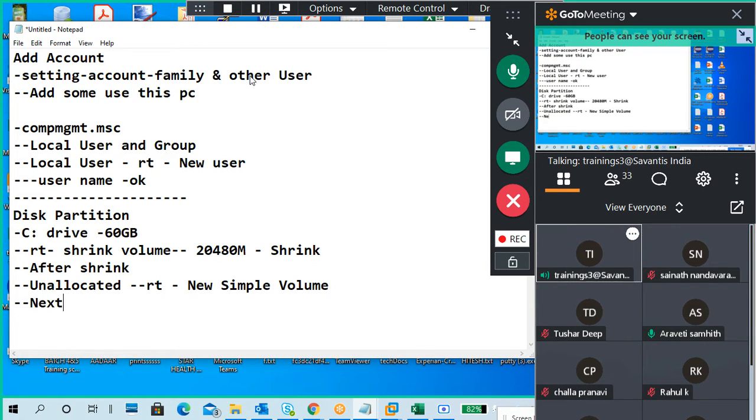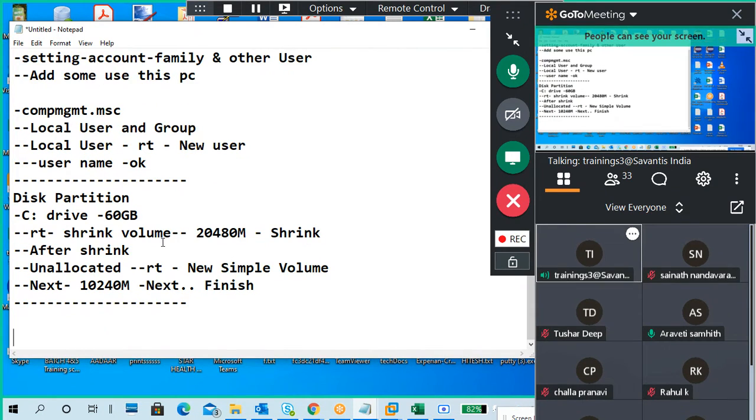We do 10 GB, so enter 10240 in MBs. Next, Finish. Whatever it is, you have to finish. You are not changing anything. Very good. Now we got the 10 GB.